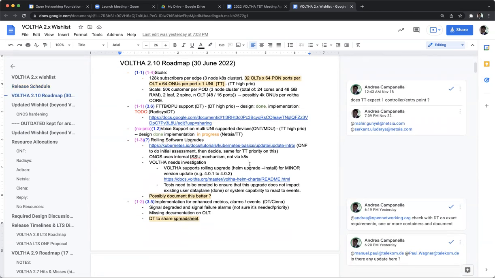One thing that was requested by Deutsche Telekom, and we actually do already have, but we need to possibly do some further tests on it and maybe document this a little better, is the rolling upgrade. So VOLTHA is capable of performing rolling upgrades of each container by effectively, for example, Helm upgrade --install, for minor versions, for example, from 4.0.1 to 4.0.2. And